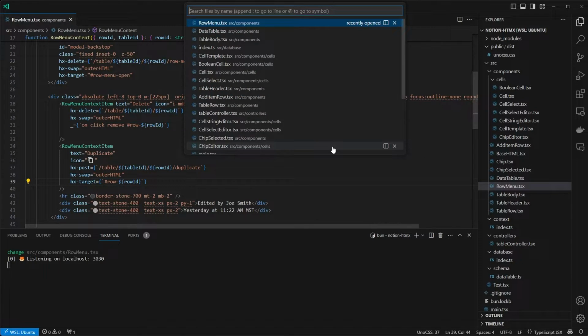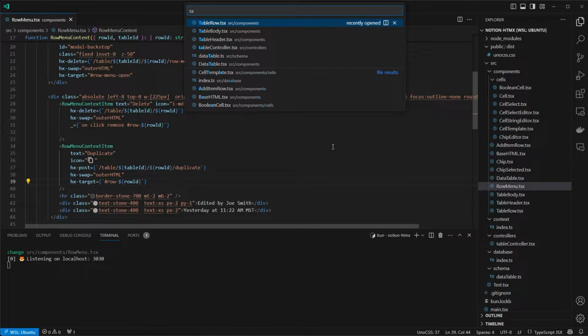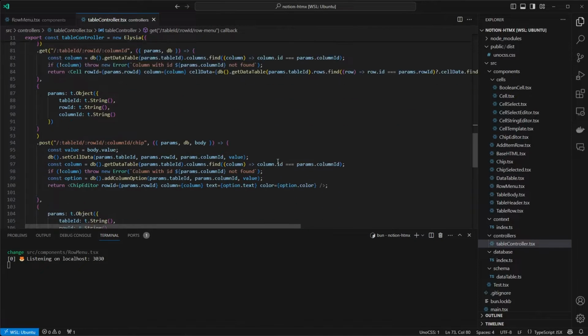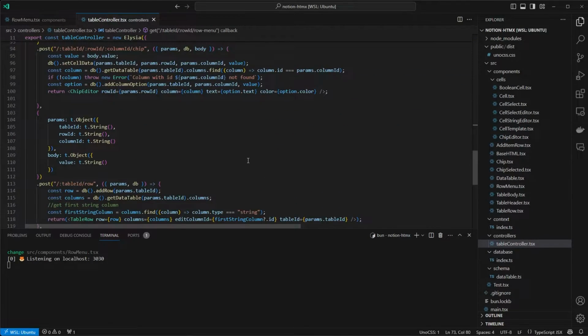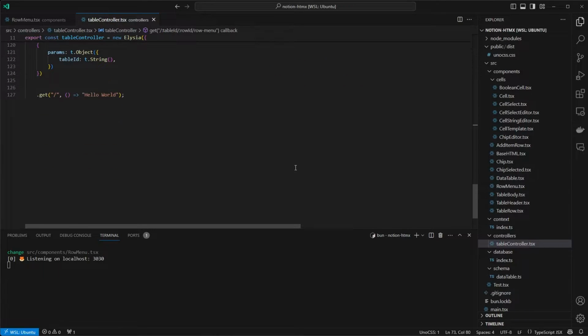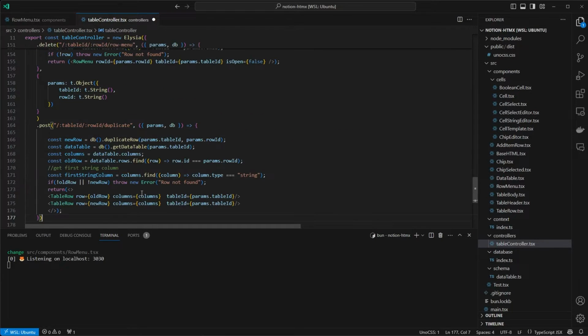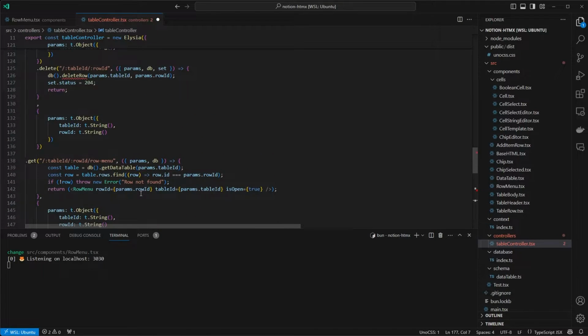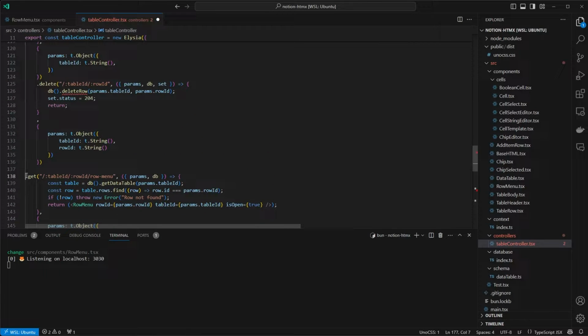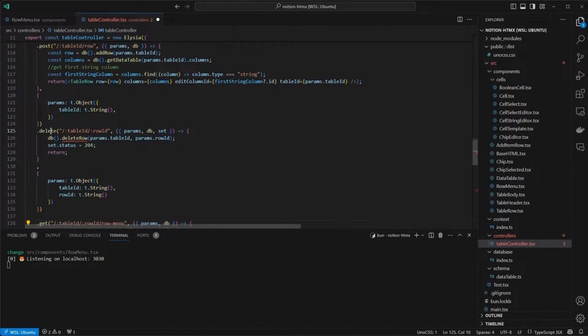Going back to our table controller, there's a bunch of things we have to add here, so I think I'm just going to paste it in to save some time. So we added, I think, at least 4 here. We added a route when